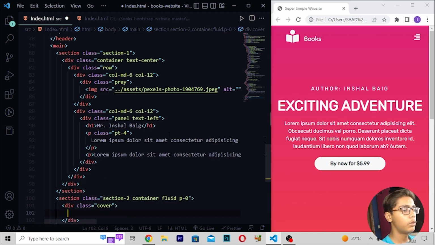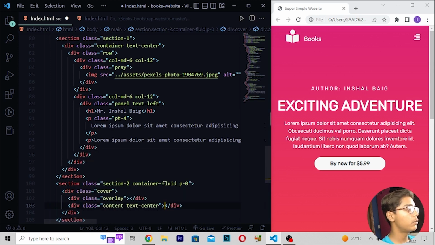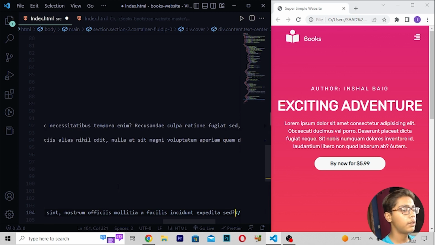Then you have to move down, write here div class. So here I will be now writing here dash. Then when you've written this, here I will be now writing class, then write here overlay like this. Then you have to move down, write here div class content, then here I'll be writing text-center. Then you have to just do one thing, here I'll be writing p tag, write lorem ipsum here.